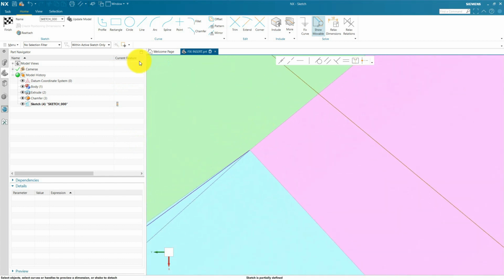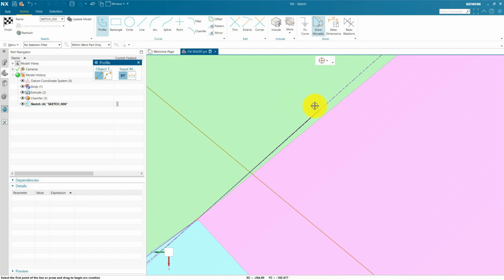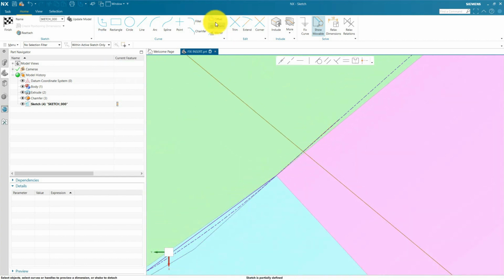and next we are going to use line and extend this line and make a corner.